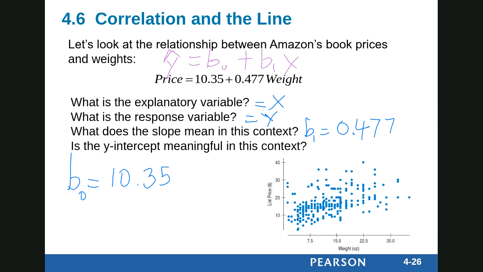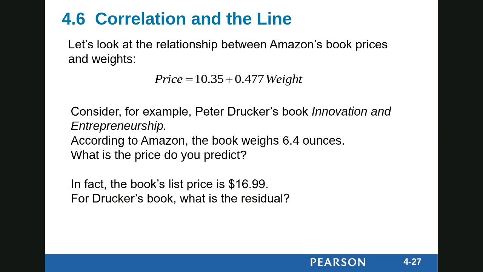Okay, so as long as you can explain yourself like this, I'm fine with it. You could say yes, it is meaningful, because what if it is a digital textbook and there's no weight, or $10.35 is the base price. Or no, it doesn't make sense because the graph is showing me something else. Either one is fine, but you need to know how to interpret your slope and your intercept. So continue with the same problem. The next question is saying,